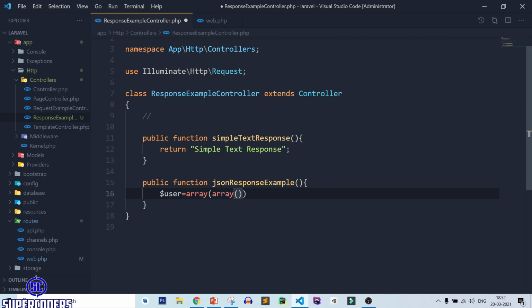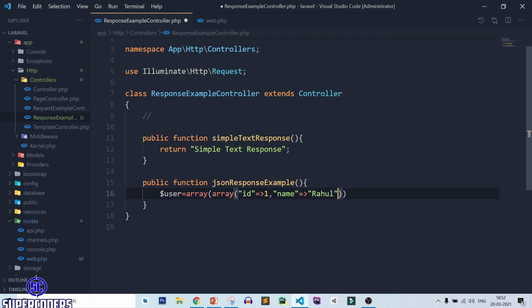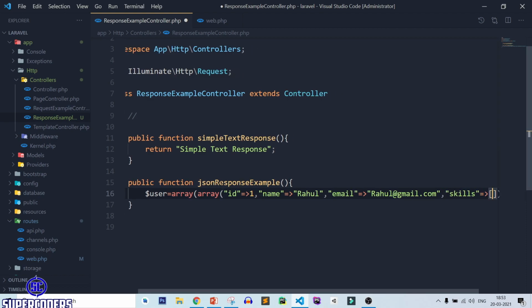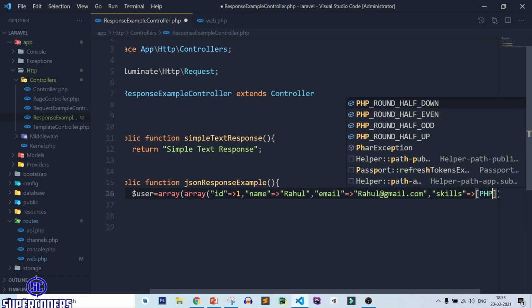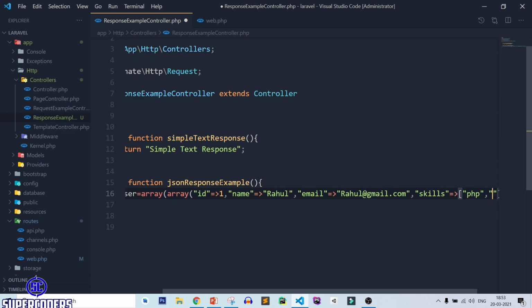Suppose that our data has id 1, name Rahul, email rahul@gmail.com, and skills. It must be an array: PHP, Java.